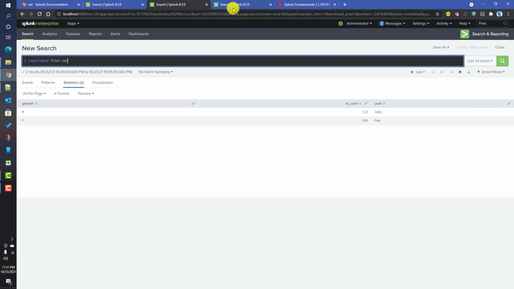Now there is another lookup I have created called file2.csv. It has similar kind of data, but the user John has a different ID over here. It is 1224. In file 1, the user ID of John is 123.